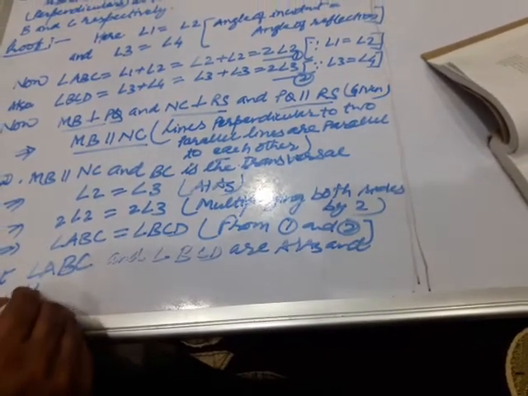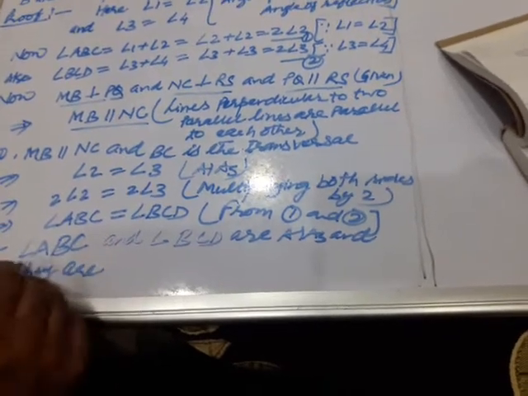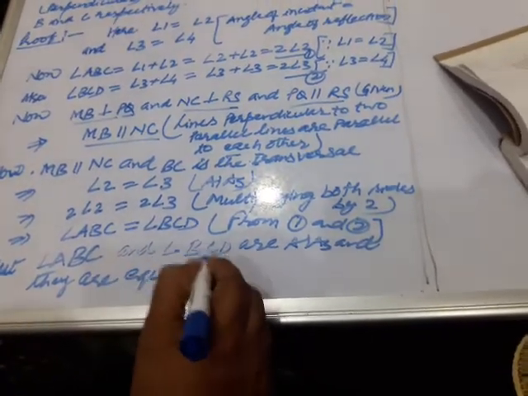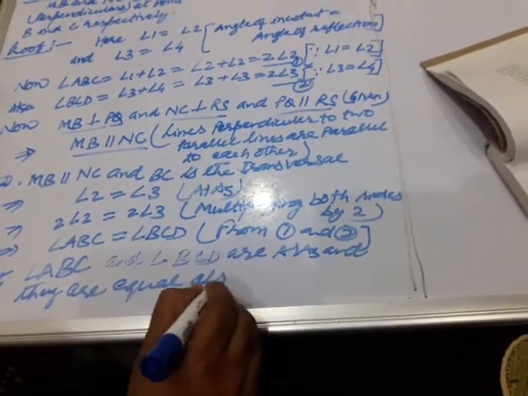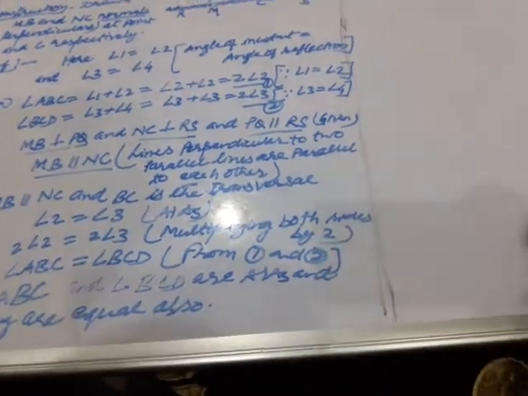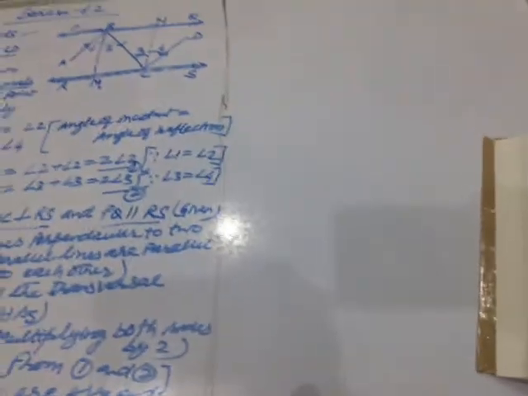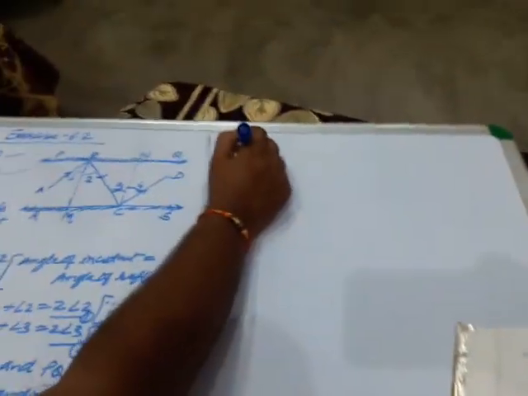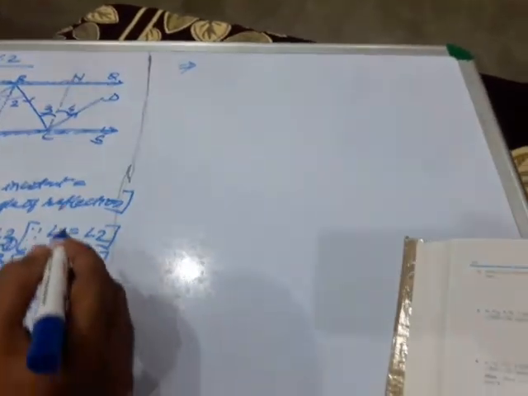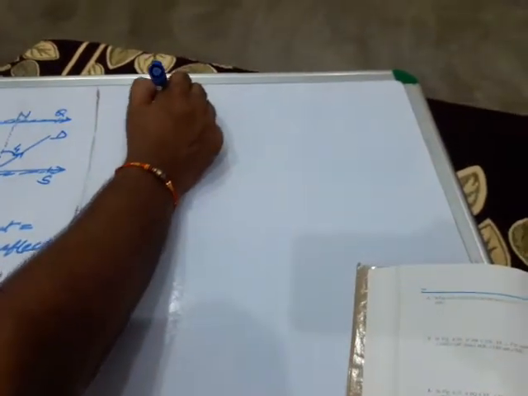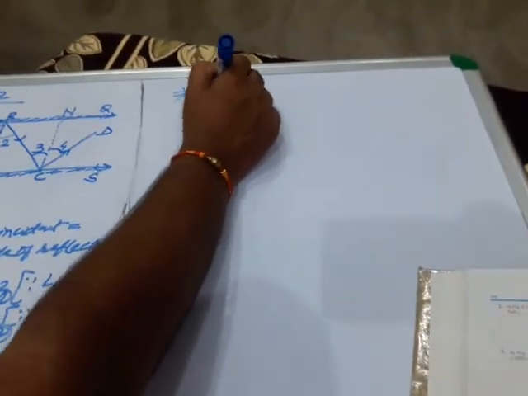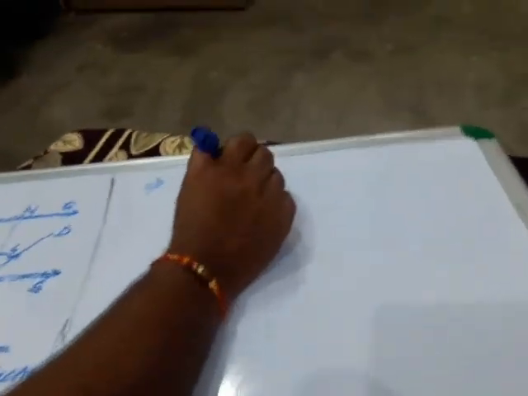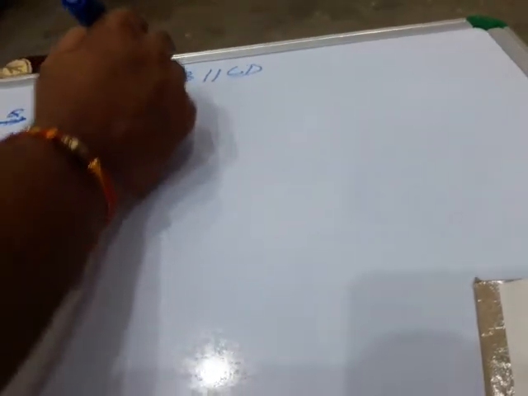And they are equal also. This implies that angle ABC and angle BCD are alternate interior angles and they are equal also. This implies that AB is parallel to CD. Clear? AB is parallel to CD by converse of